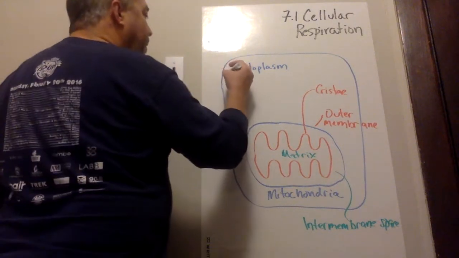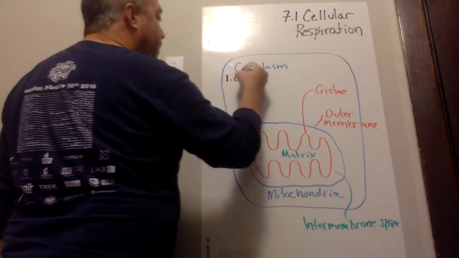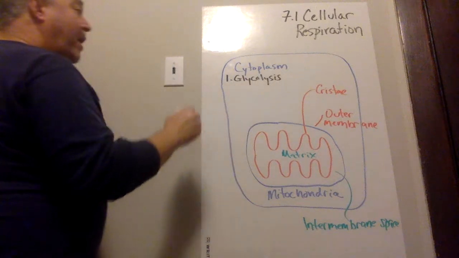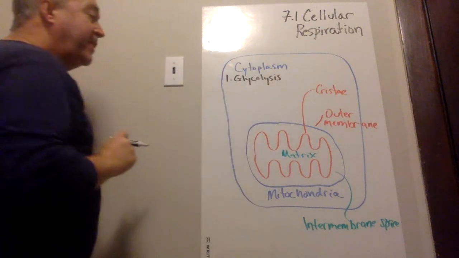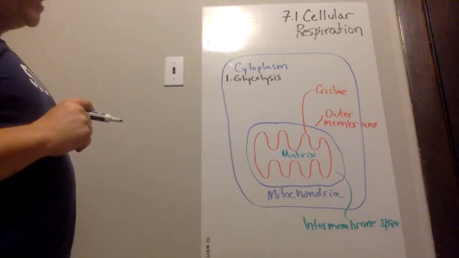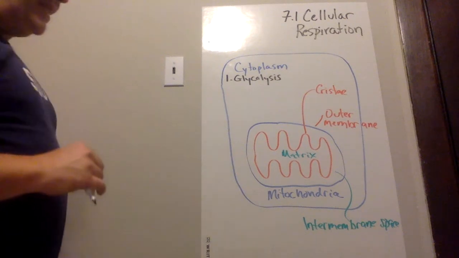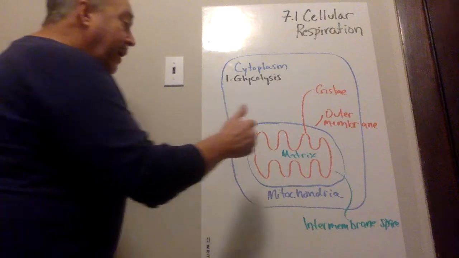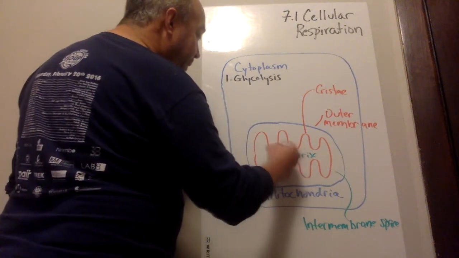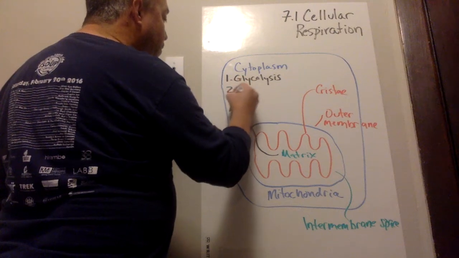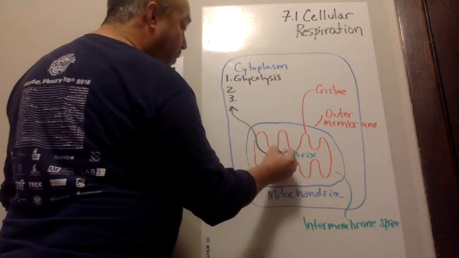So the first step is called glycolysis. And glycolysis is going to take place in the cytoplasm. It takes place outside of the mitochondria. All the other steps are going to happen inside the mitochondria. Inside the matrix is where the second and third steps occur. So 2 and 3 are both going to occur